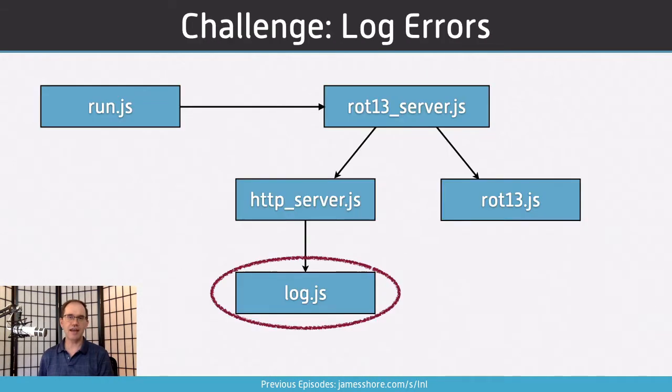We just sort of cross our fingers. So our challenge today is to actually log our errors in our microservice. Several episodes ago, we had a series called Microservices Without Mocks, and you can find that in the backlog here, jamesshore.com/s/LNL. That's LNL for Lunch and Learn. There's a 4-part series called Microservices Without Mocks, where we built a little microservice that would do rot 13 transformations. And it did a really good job of handling errors, but it didn't have any logs. And let me show you what I'm talking about here.